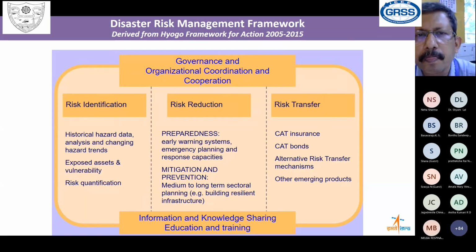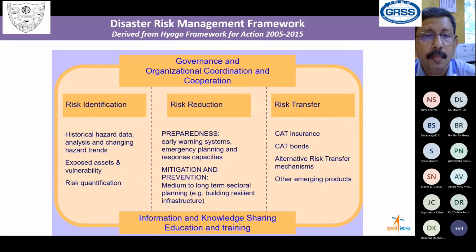So when we talk about the disaster risk management framework, it was in 2005 as a part of the Hyogo Framework for Action that we identified the three components of disaster risk management, mainly disaster risk identification, risk reduction, and risk transfer. And this was to be done by the cooperation between the various governments and organizations through information sharing, education,